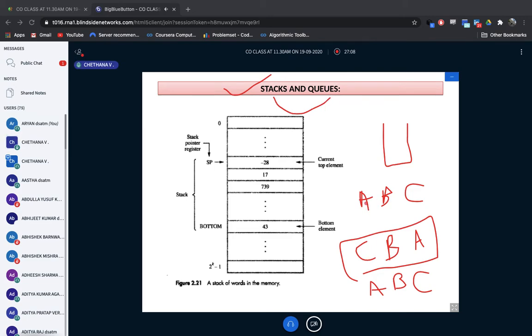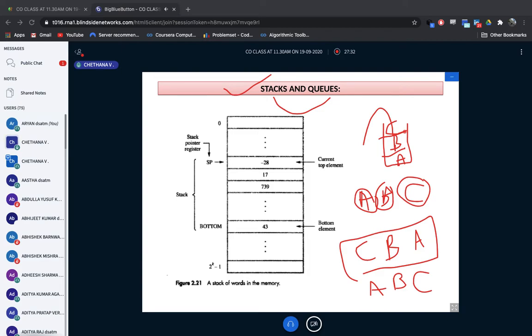Stack and queue, very simple. Take A, store it here. I've kept A here, the first data. Next, after A, which is my next data, B. I'll take B and store it here. Then take C, and I'll keep it inside the stack now. Yes, I've kept it inside the stack, isn't it?